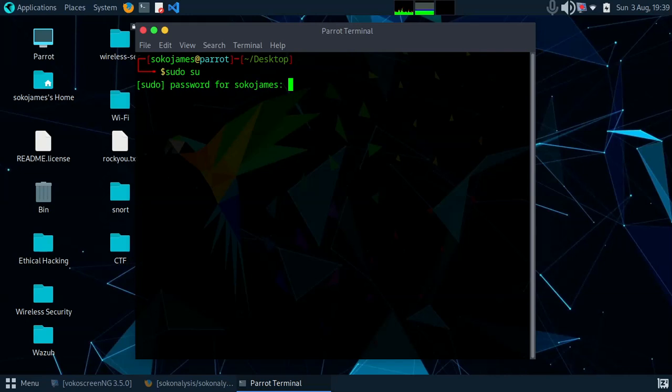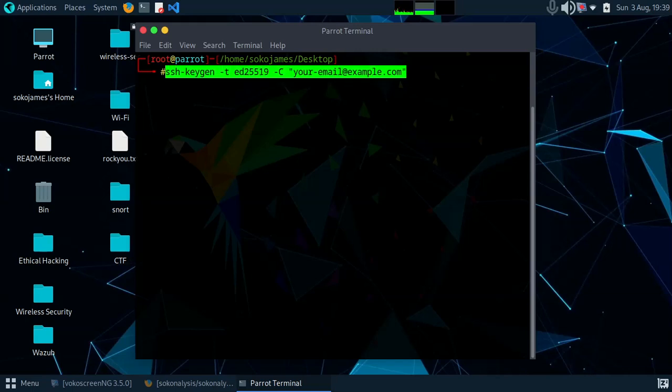Once I run it as root, I need to paste this particular command. So you just need to change this example email with your own actual email. Okay, so for example, you can put your email address. In my case, this is my email address, which is